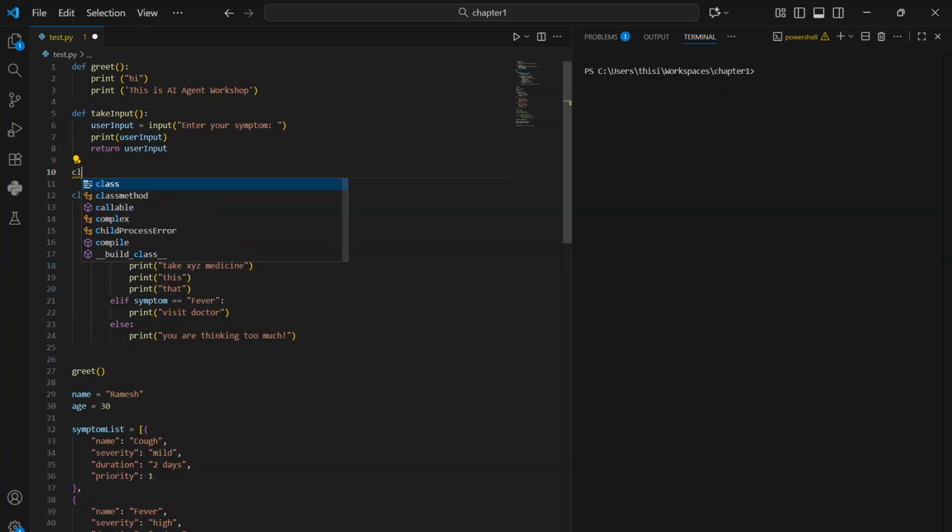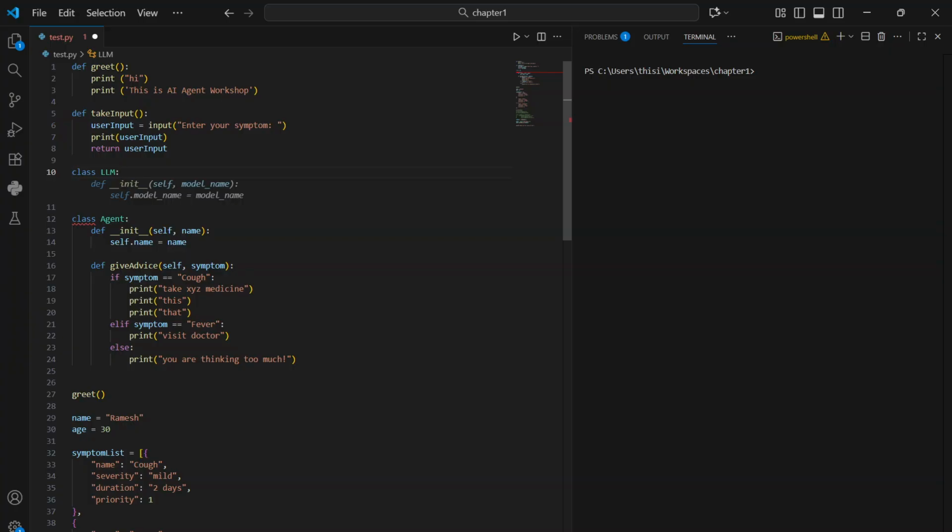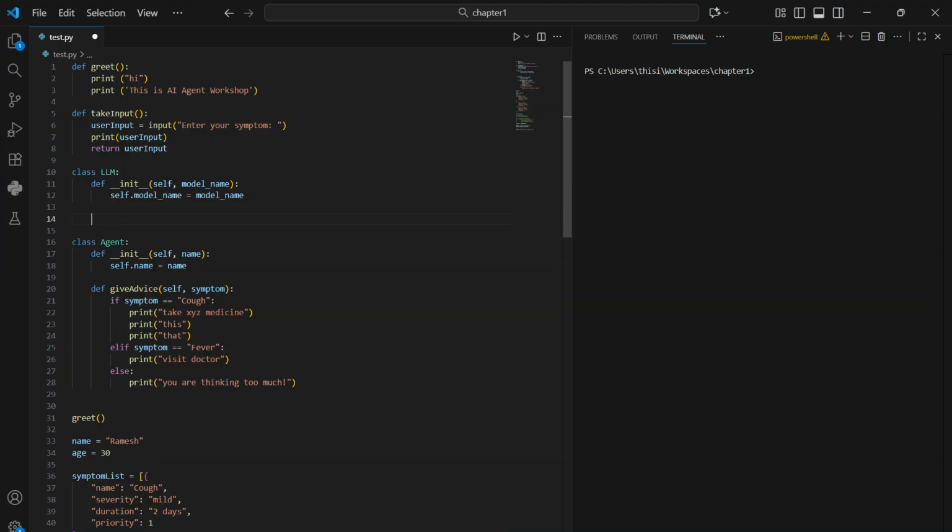So let's create a class LLM, and this __init__ method, double underscore init, with a self field and the model name. And then what this LLM class should have,